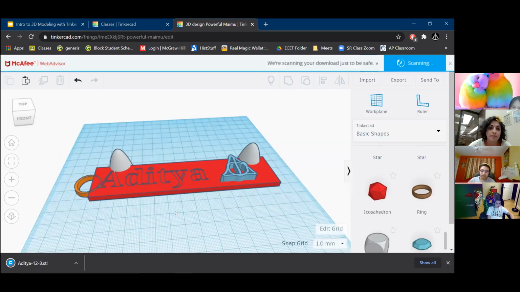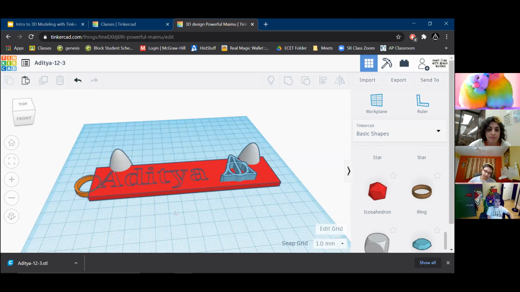And now it will automatically download it for you. Now this is different on every computer. So my computer automatically downloads it to a downloads folder. Some computers, it might ask you where you want to save it. So that's different. And then what you're going to do is you're going to email your file to the email